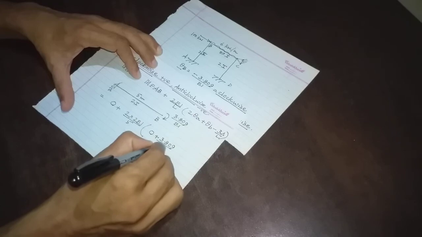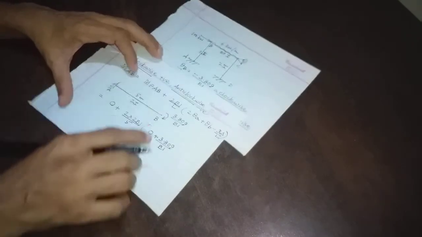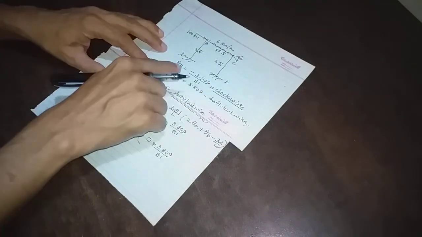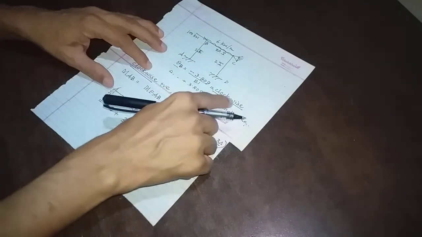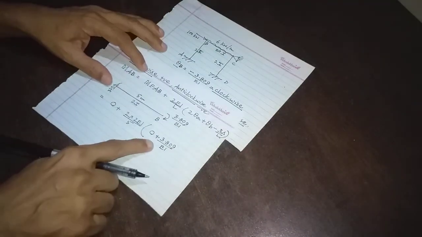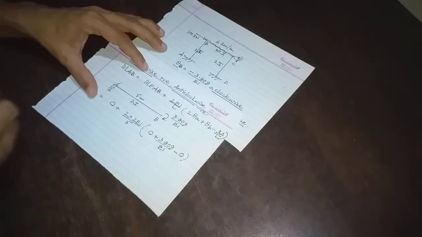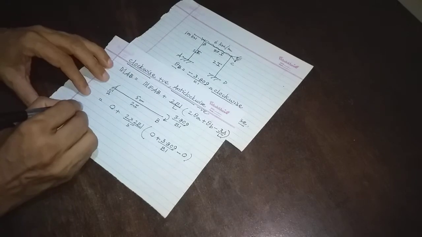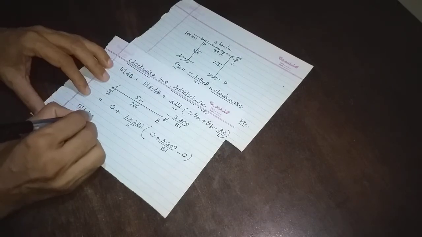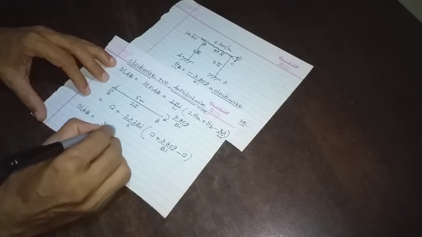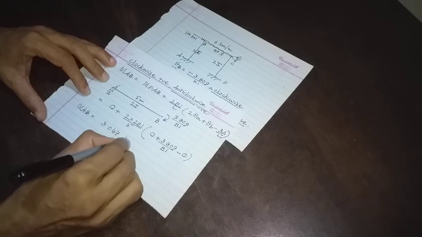3.809 upon EI. My friends, here I have to take clockwise positive. That's why theta B was clockwise. I will take it positive. I will not include this negative sign. This negative sign has just shown me theta B is clockwise and theta C is anti-clockwise. So this is positive. And what is the concept for delta? Delta is the perpendicular deflection to AB, and it is not possible, so delta is equal to 0. So I got the value of MAB as, if I multiply it and calculate it, 3.047 kilonewton meter. This is the value of MAB.